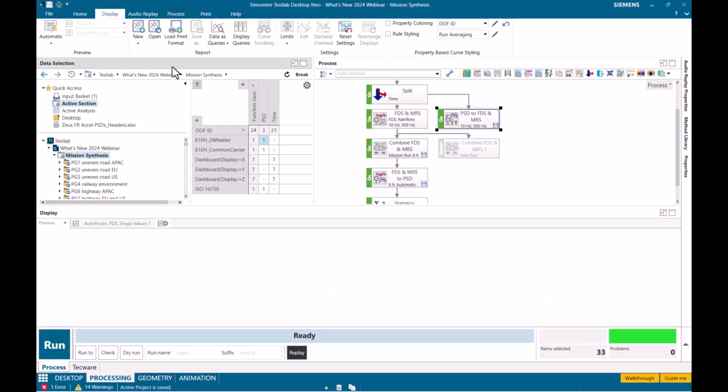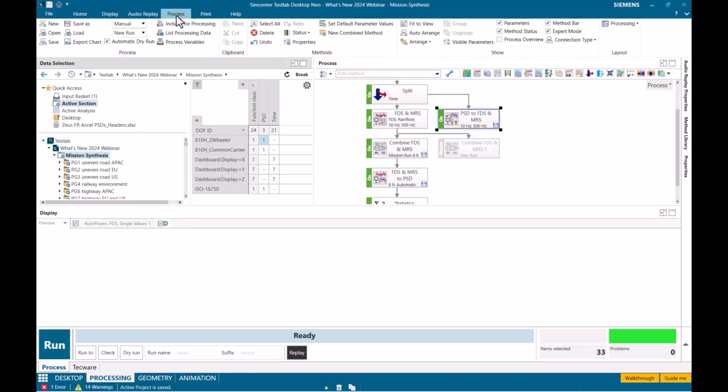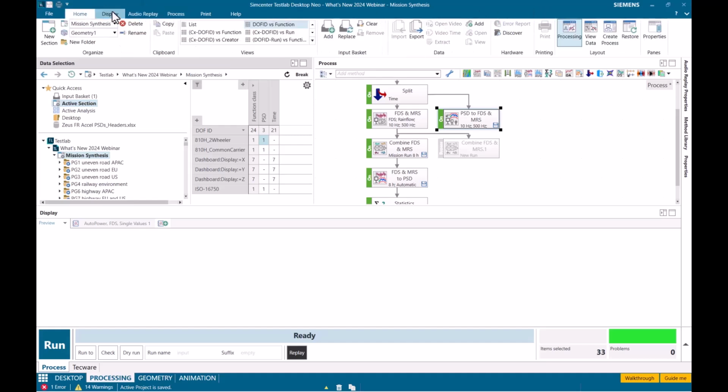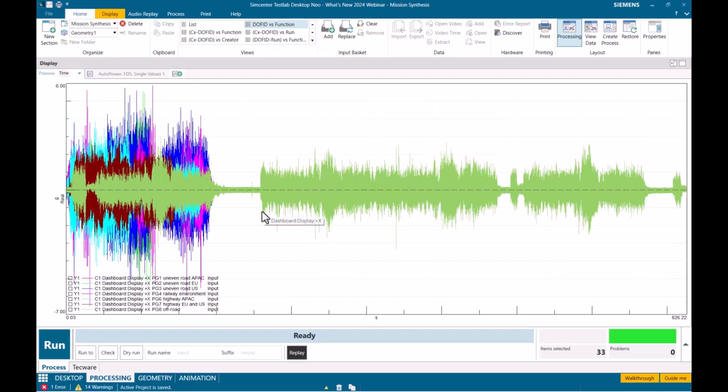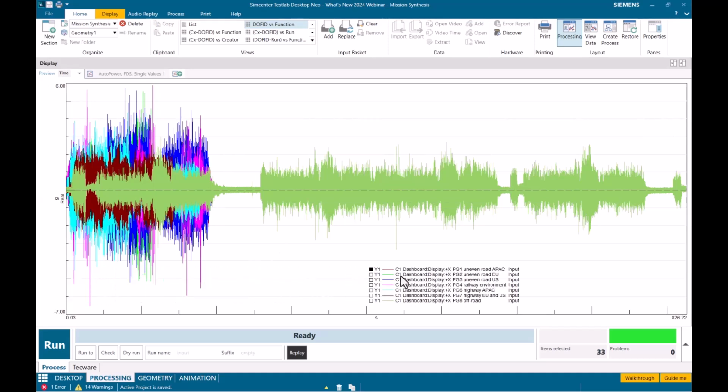So first, let's take a quick look at the data that we are going to be using today. I have a number of different time histories corresponding to a number of different driving conditions for some display component in a vehicle. So this will be a little hard to see here. I'll maybe move this out of the way, but we have one run of data that is an uneven road